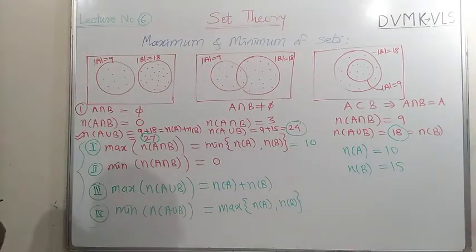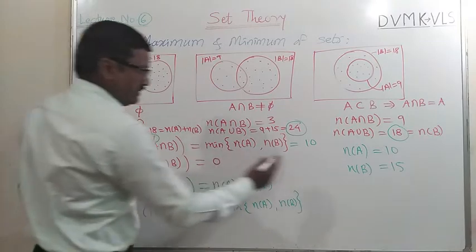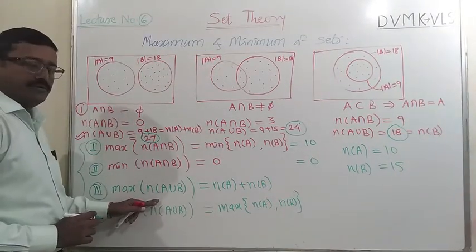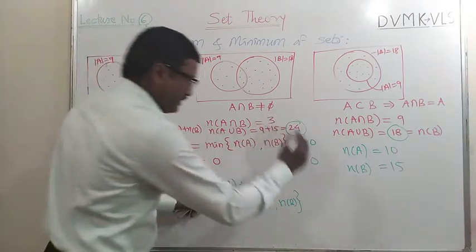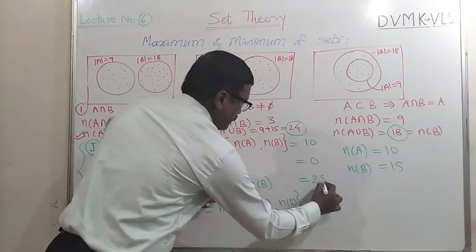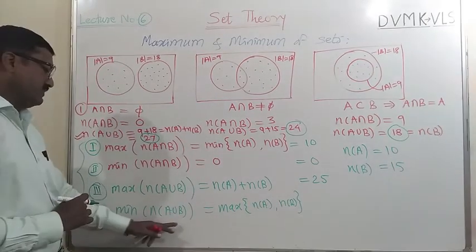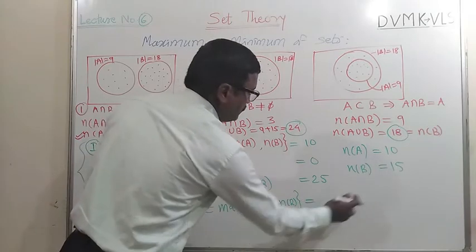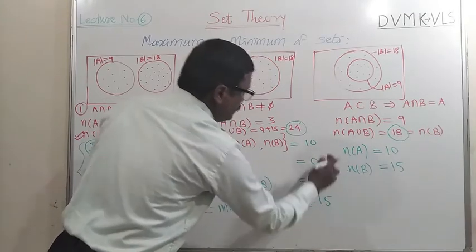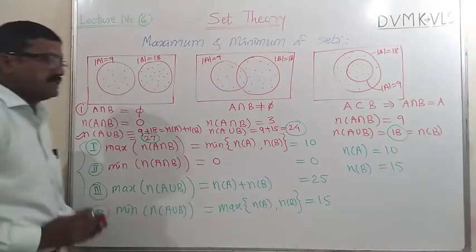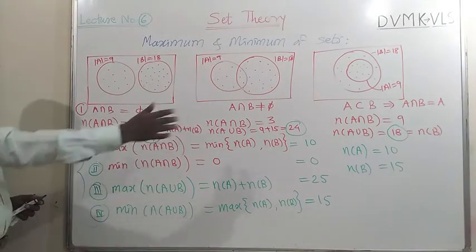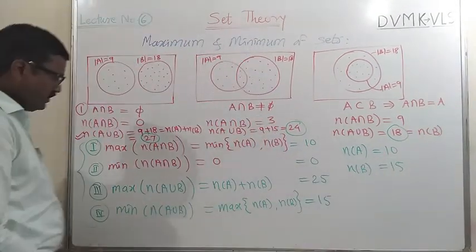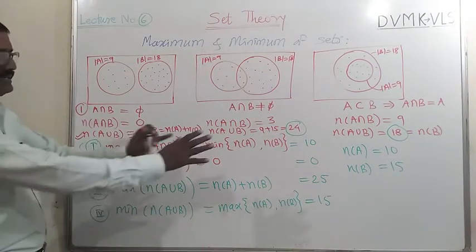Okay, it's very simple. Then the minimum of intersection is always 0. The maximum number of elements in union is equal to NA plus NB, it will be 10 plus 15, that is 25. And the minimum of A union B is equal to the maximum of these two. The maximum of these two is 15. So 10, 0, 25, 15. These are the answers of these 4 questions for those two sets containing 10 and 15 elements. Okay, so remember these 4 formulas, you will get the answer.